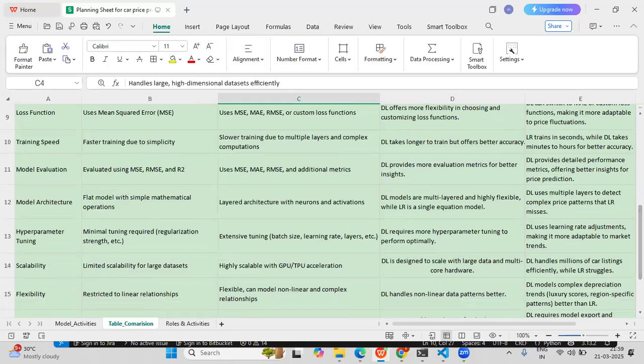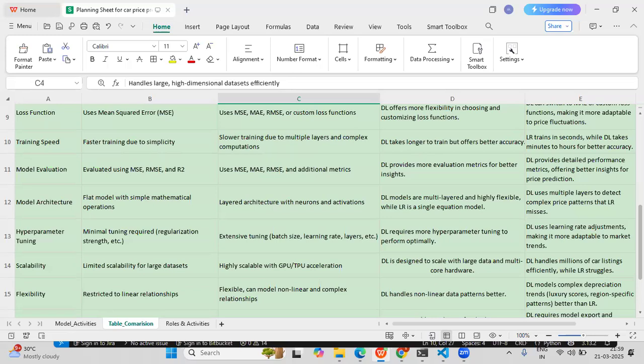But when it comes to TensorFlow, we have extensive tuning techniques like batch size, learning rate, then layers. We have many tuning techniques, so hyperparameter tuning can be done under the layers. So deep learning requires more hyperparameter tuning to perform optimally and efficiently.